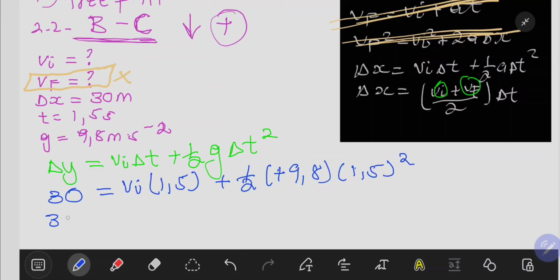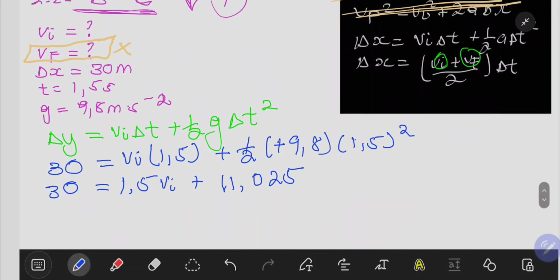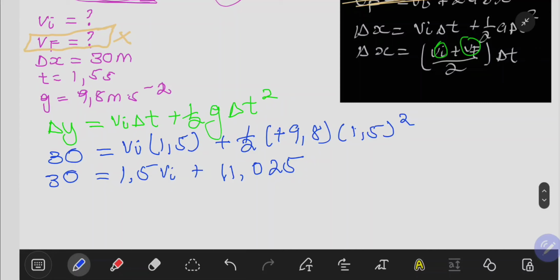Then we're going to have 30, which is equal to 1.5 multiplied by the initial velocity, plus, when you punch your calculator here, you will get your answer to be 11.025. And then when you do your math, you take this 11.025 to the other side. Then we're going to have 30 minus this value here, which is equal to